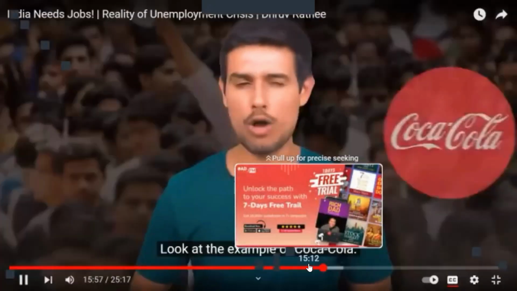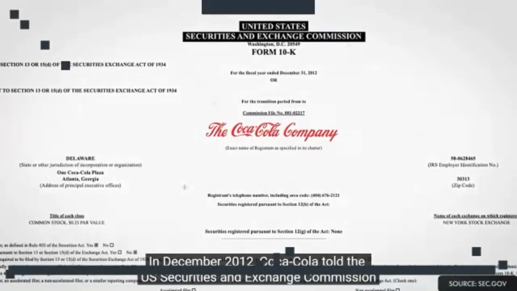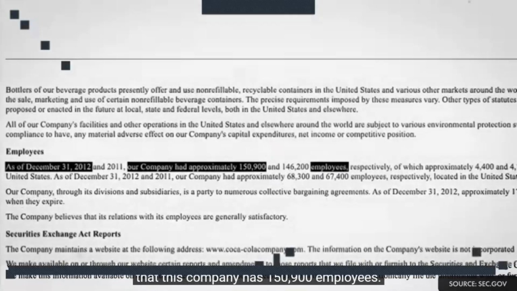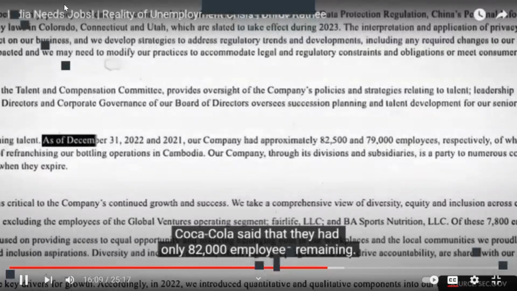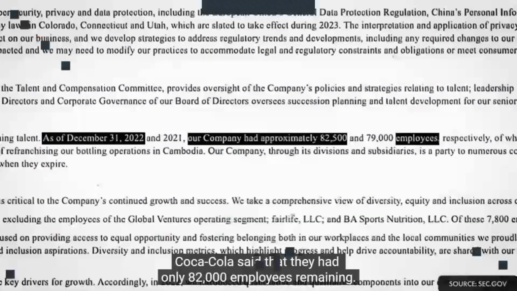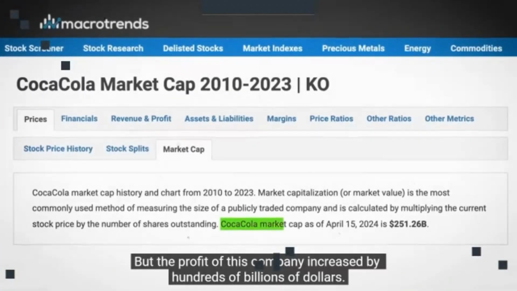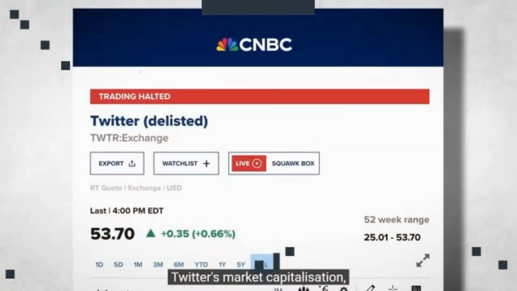इनकी खुद की वेबसाइट के अनुसार सिर्फ 43,000 एम्प्लॉयज। कोका कोला का एग्जांपल देखो। दिसंबर 2012 में कोका कोला ने यूएस सिक्योरिटीज एंड एक्सचेंज कमीशन को बताया था इस कंपनी के 1,50,900 एम्प्लॉयज हैं। 10 साल बाद दिसंबर 2022 में कोका कोला ने बताया कि इनके सिर्फ 82,000 एम्प्लॉयज बचे हैं। नंबर ऑफ एम्प्लॉयज ऑलमोस्ट आधे हो गए 10 सालों में, लेकिन जो प्रॉफिट था वो हंड्रेड्स ऑफ बिलियंस ऑफ डॉलर्स ज्यादा बढ़ा इस कंपनी का।